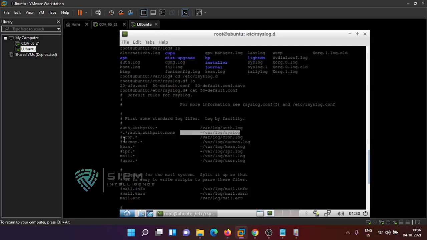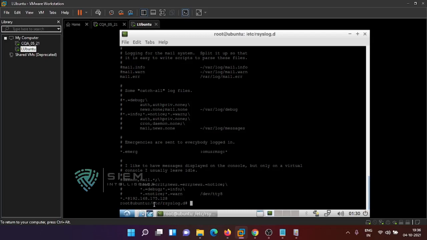At the same time there is a cron log, which is a scheduled log, there is a daemon log, a service log, kernel log, and mail log. Mail log means mail.log. This star includes all log levels. What are those log levels? Again critical, error, warn, debug and info. All logs.